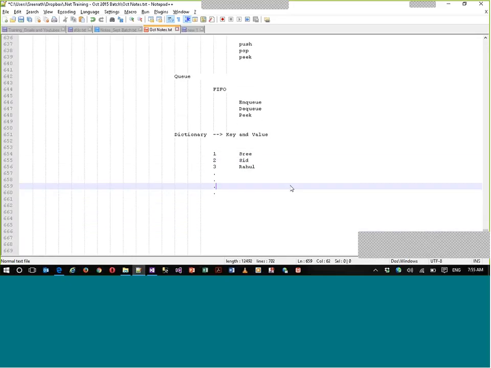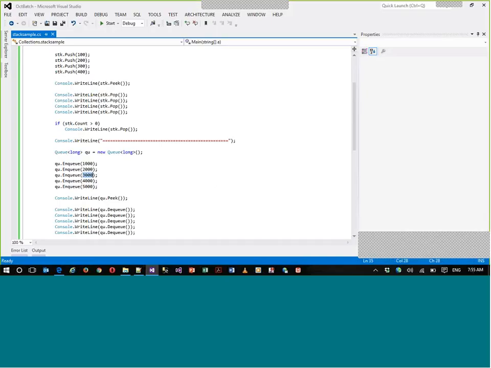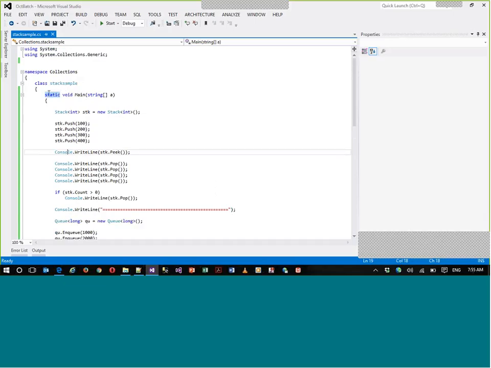Now here, if you're adding data, you need a key and a value. For example, it's a simple lookup where you want to get the data quickly based on your ID. Now this will actually give you the ID for your lookup. So this type of data we can actually save using our dictionary. Let me show you how. So let me create a new class here for this last collection item, which we have.